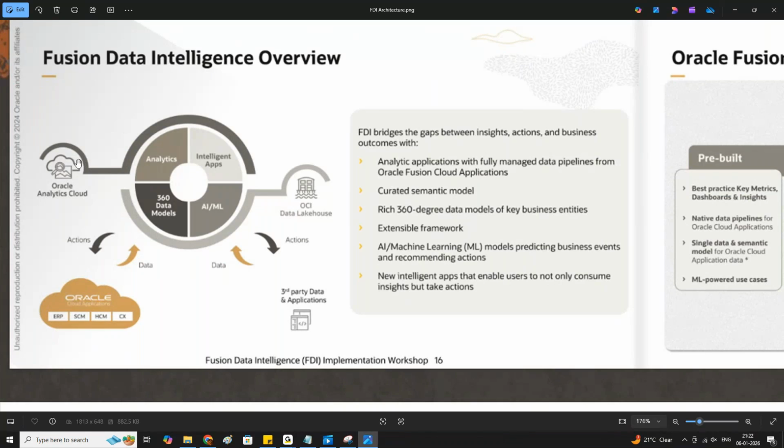And FDA, Fusion Data Intelligence, has two important components. One is,